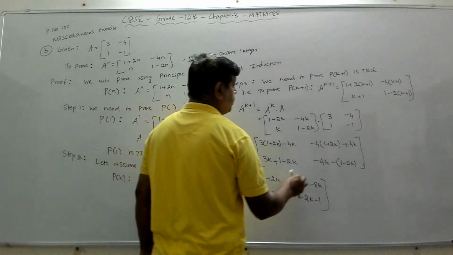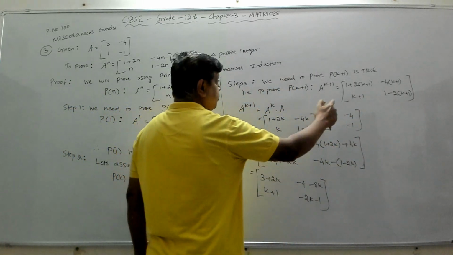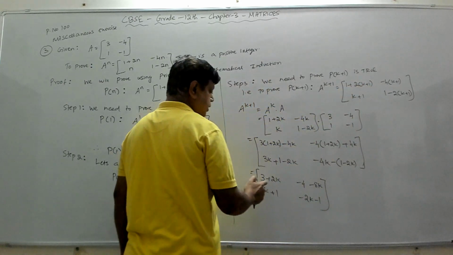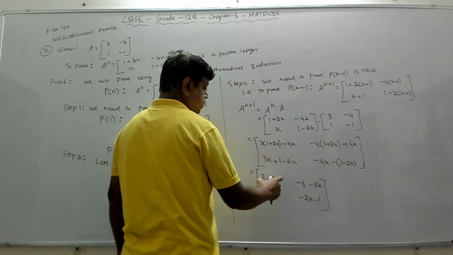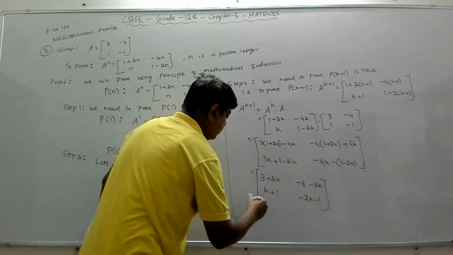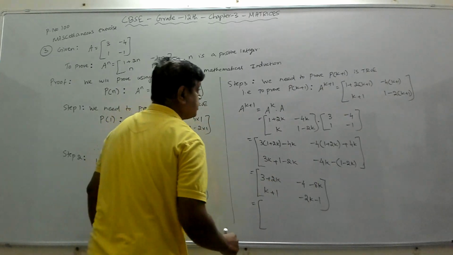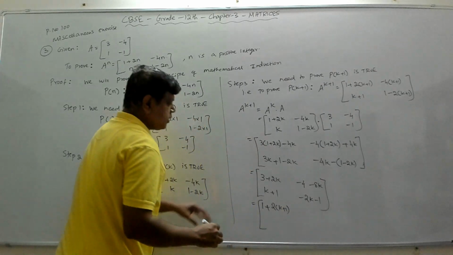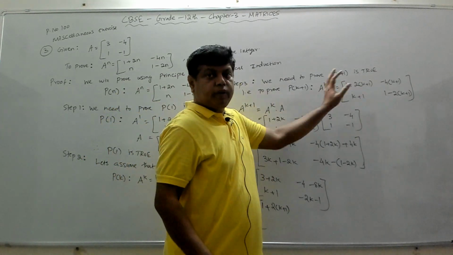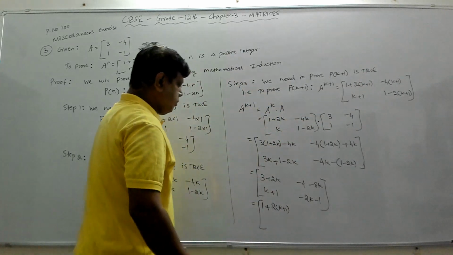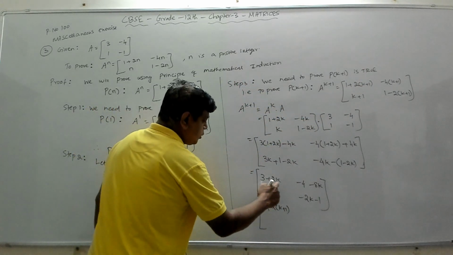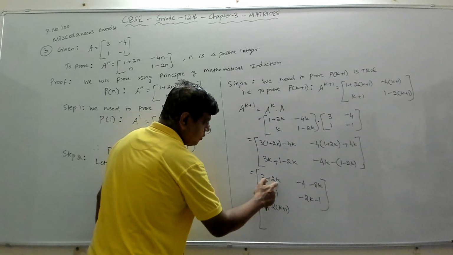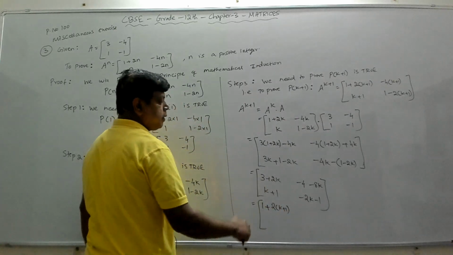Now this, if you observe, will match with this, because if you multiply 2 into k, 2k, 2 into 1, 2, 2 plus 1, 3, you get 3 plus 2k. This is matching with this. So which means you can write this 3 as 1 plus 2 into k plus 1. I am just writing this in this format so that we can prove that LHS is equal to RHS, left hand side equal to right hand side. So 1 plus 2k can be written as 1 plus 2 into k plus 1. Now 2 into k is 2k, we got this. 2 into 1 is 2, 2 plus 1 is 3.